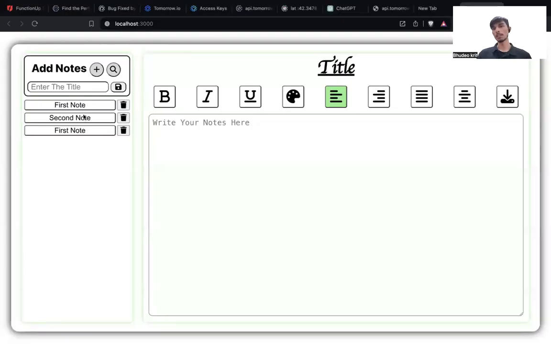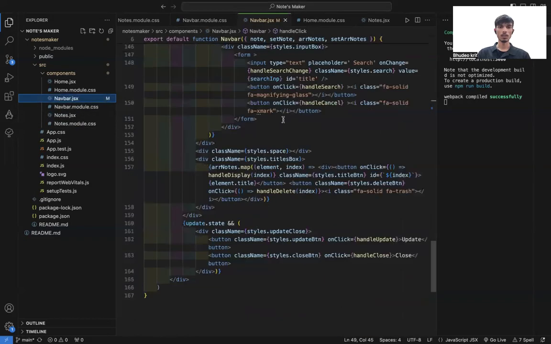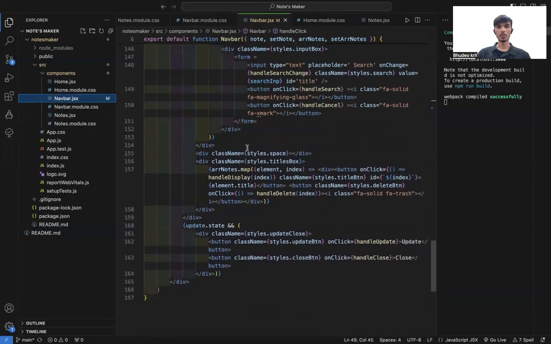So after that, I have explained the part of how I put it inside the array. Now I'm going to explain how it is displayed in this section. For displaying on that section, here I have used map. So first I'm taking the array and using map. First is the element and the second is the index, and I am using them inside a div. I am creating a button,